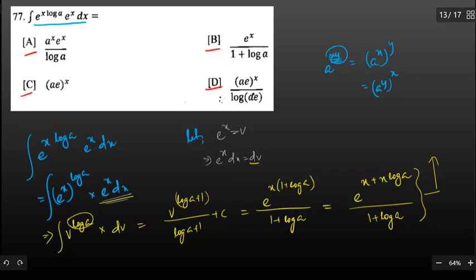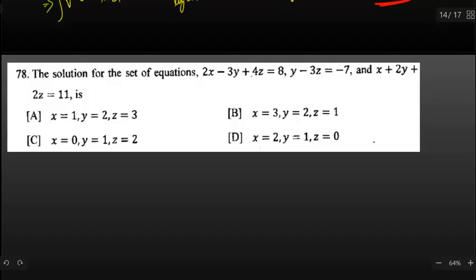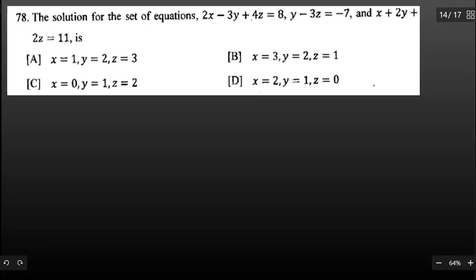So through calculation we obtain this value, and even on further simplification this cannot lead to any of the values present in the options. So it's better to attend such a question by marking any option that feels convenient. They can mark. So the next question is, the solution for the set of equations